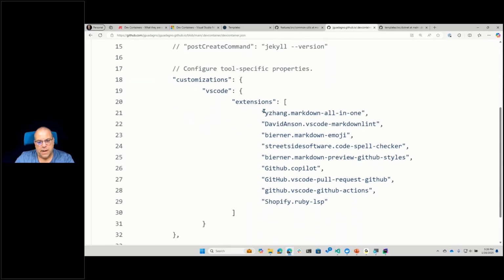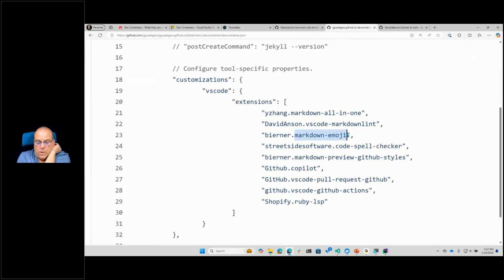But for this, I highlight that I want these particular extensions. So I want this Markdown All in One, which has a bunch of utilities for Markdown. If you're not familiar with Jekyll, Jekyll is a Markdown-based static site generator. So you write your post in Markdown, run the Jekyll build, and it will convert your Markdown to HTML. So I use a couple of tools like Markdown All in One to do some helpful things like formatting tables and doing some other validations. I use some linter,